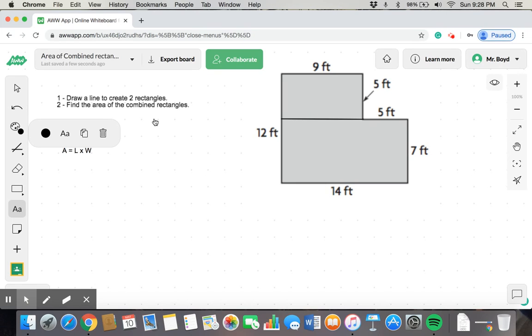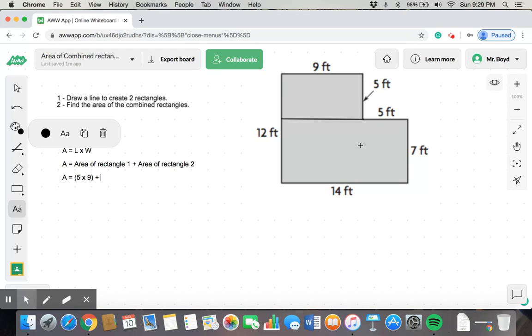So using that formula, I will find the area of rectangle 1, starting first, which will be our length is 5 feet and our width is 9 feet. So the area, as I said, will be the area of rectangle 1 plus area of rectangle 2. So now I can fill in the area of rectangle 1 will be the length 5 times the width 9